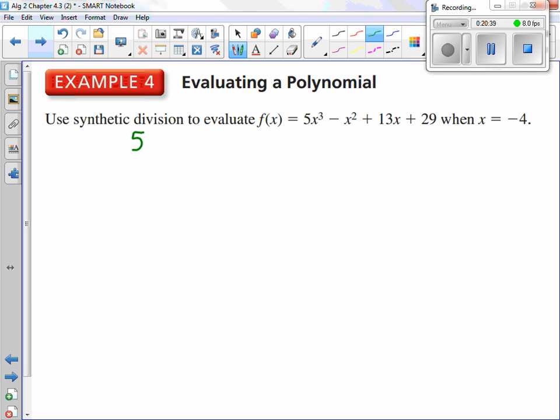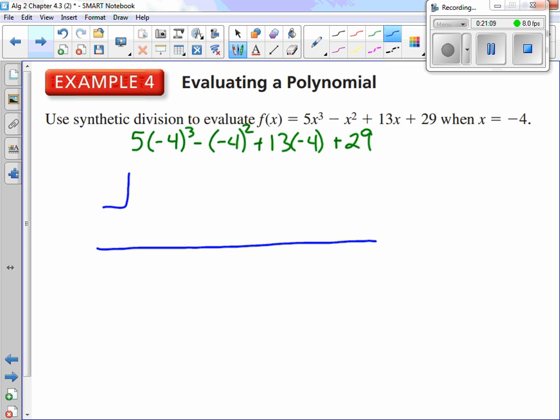So that'd be 5 times -4 to the third minus -4 squared plus 13 times -4 plus 29. And we can type this into a calculator, yes? So if you have a calculator, go on and type that in and see what you get. Don't say it out loud whenever you do get it, because